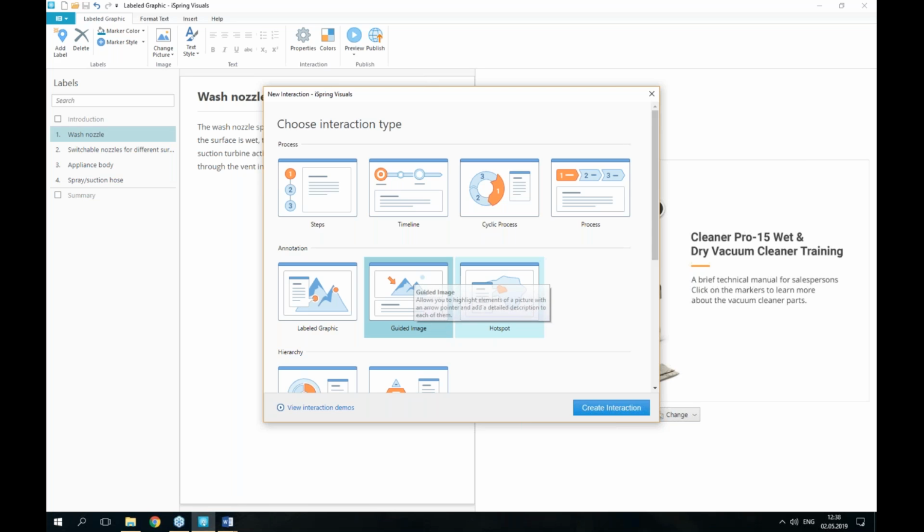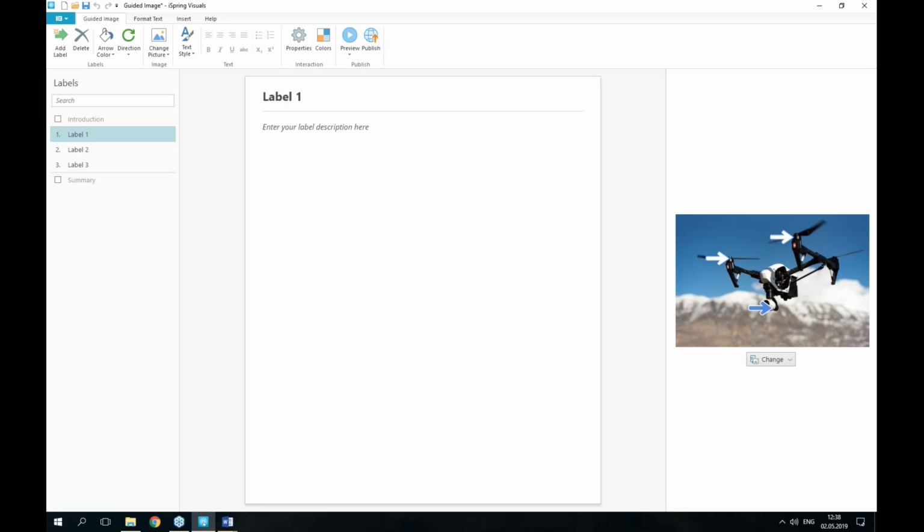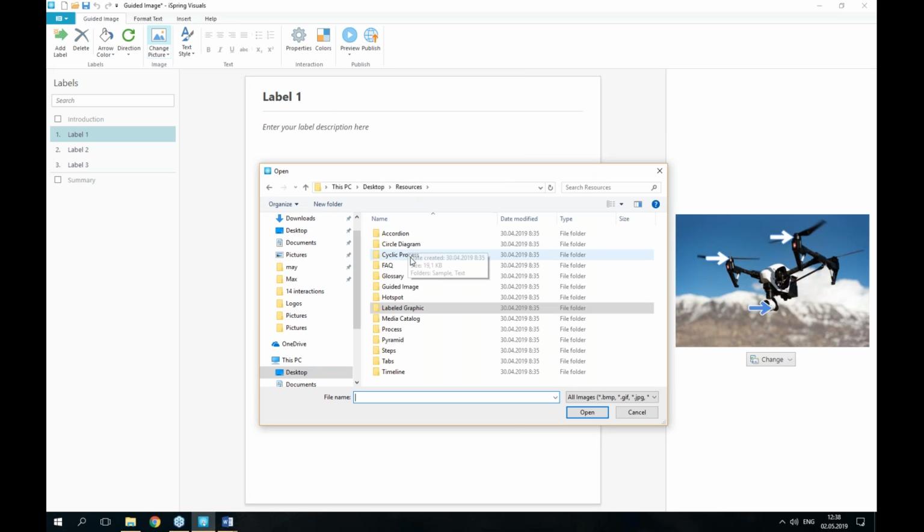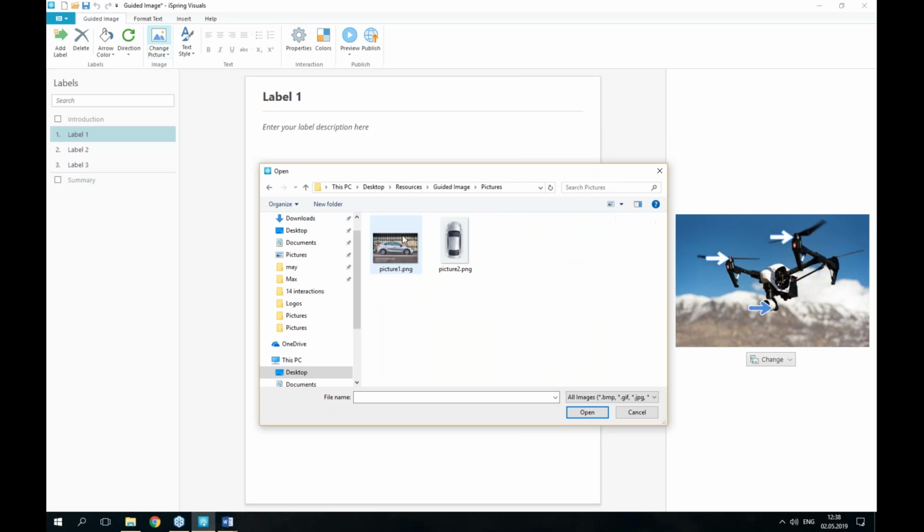So let me click Create. And as we did in the previous interaction, we need to change the default picture. To do so, I need to click on Change Picture on the toolbar, go to Resources, Guided Image, Pictures, and select Picture 2. Picture 1 is for introduction if you want to add it. So click on Open,